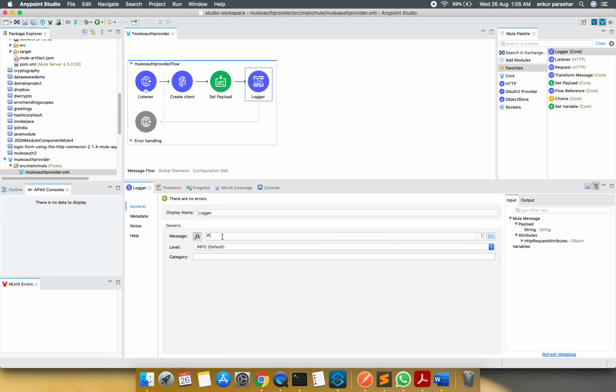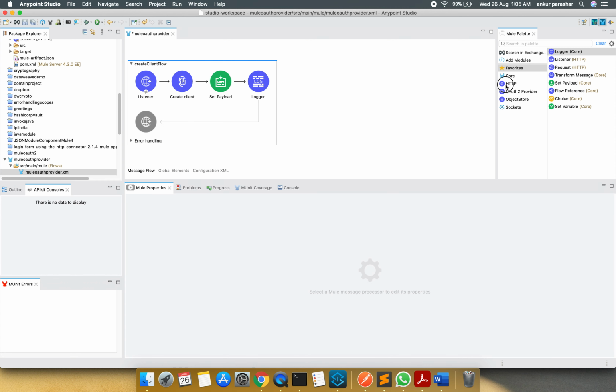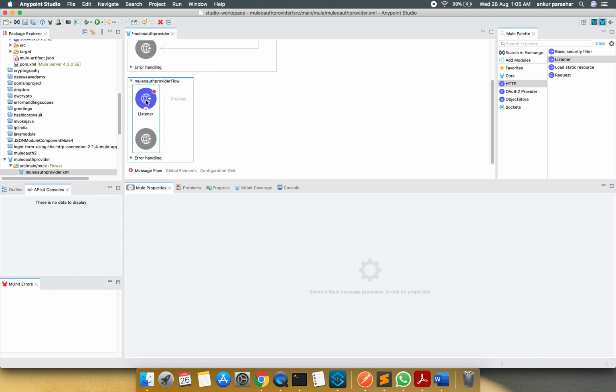So I will just say payload. I will save it. Now this is the create client flow, so I will rename this flow as create client. Now I will quickly create the second path as well, starting from the trigger, and I will name